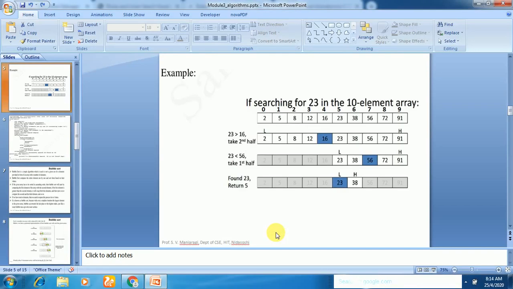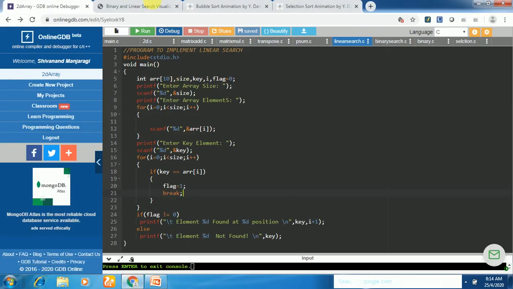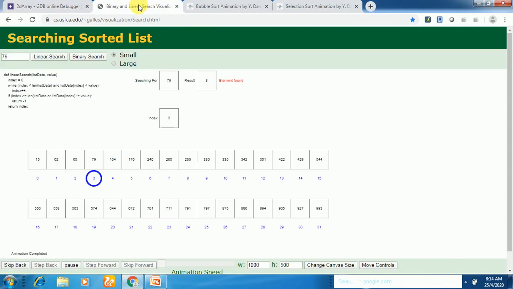Now let us see its graphical simulation. Assume that you are searching for the element 265 here. I am going to apply the binary search. So the algorithm is given here for binary search.